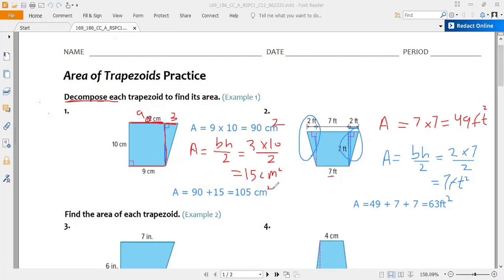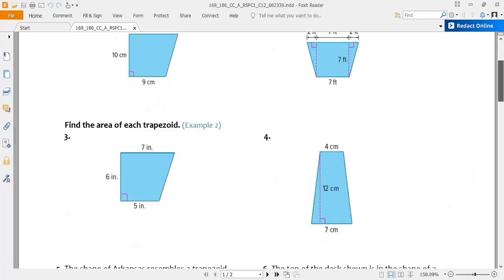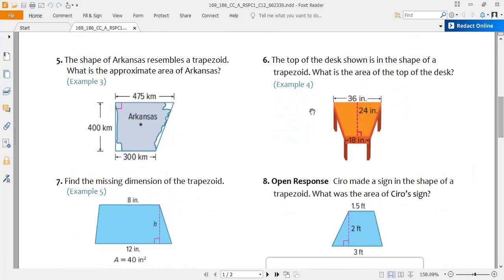Question 1 and question 2, we decompose them and we find the area. But for question 3 and 4, we can use a rule to find the area. If it's mentioned to decompose the figure, then you will decompose like in question 1 and 2. If it's not mentioned, you can directly use the rule to find the area. Let us again use the rule to find the area for question number 5, 6, 7, and 8. He didn't mention here to